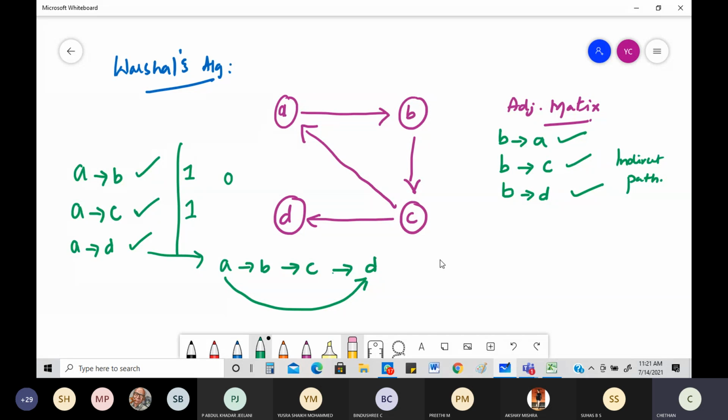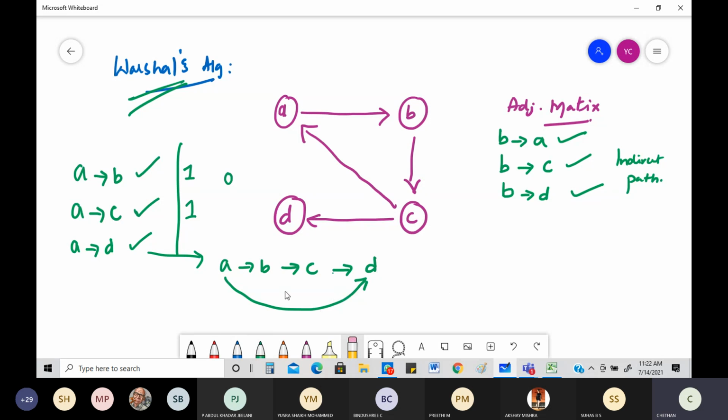Okay, it's not a lab program. Warshall's algorithm is not a lab program, but of course the next one, the continuation of it, which is called Floyd's algorithm, is a lab program. I think yesterday the B2 people have seen it. Today, B1 people will be seeing it. So that's Warshall's algorithm. It's not a lab program, but it's an algorithm that will be given to you to trace each and every step.